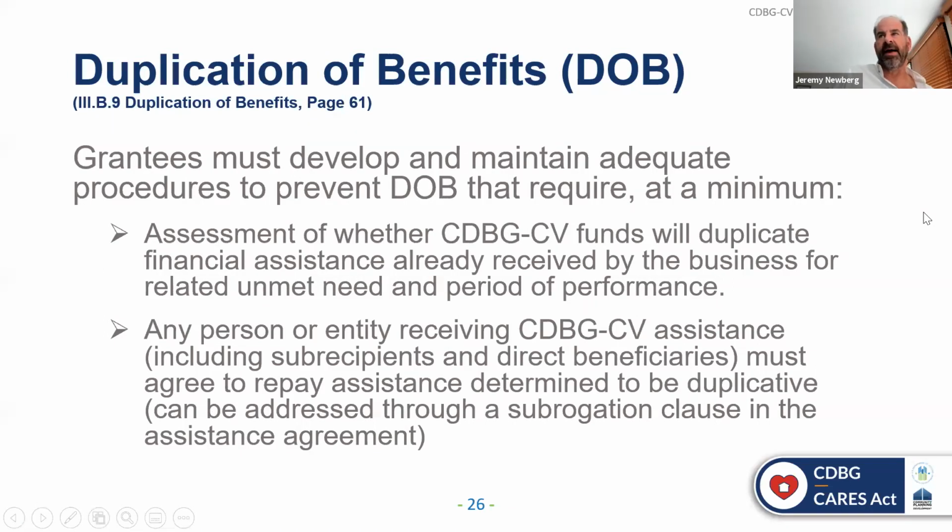Okay, duplication of benefits. Apples to apples, oranges to oranges. Remember, when you do duplication of benefits for businesses, particularly working capital assistance, it's not just what is the purpose of the potentially duplicating business, it's under what time frame did you deploy the money. And so when you do any type of working capital assistance, always be clear on the compliance period that the CDBG funds are deployed. So an example, you're going to provide up to $50,000 in working capital for 6 months